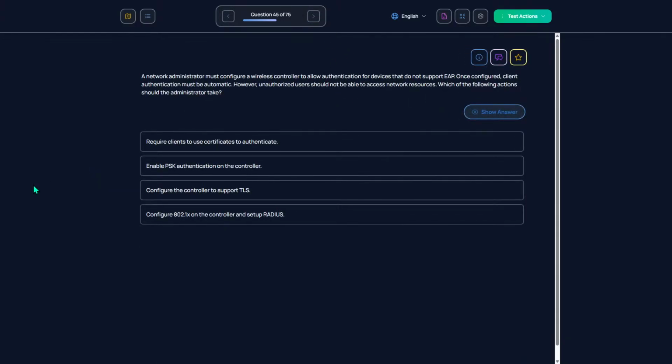A network admin must configure a wireless controller to allow authentication for devices that do not support AP. Once configured, client authentication must be automatic. However, the unauthorized user should not be able to access network resources.